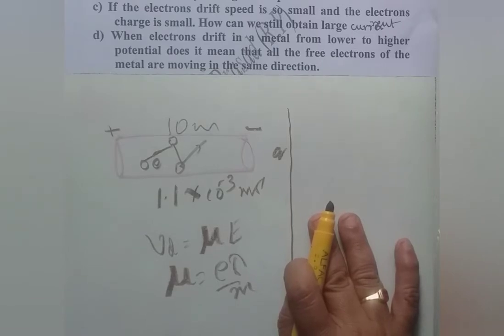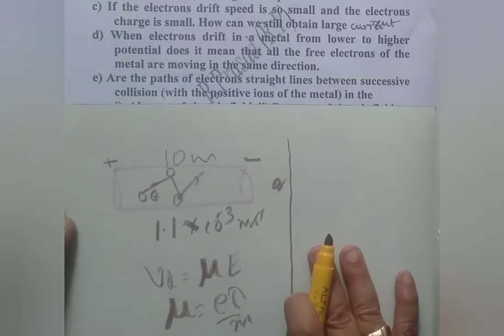That's why once we apply the electric field, not all electrons will move in the same direction. They continue in their random motion. Apart from that random motion, one-sided directional motion is also superimposed on the electron. That is why once we apply the electric field, electron motion will not be in the same direction. They continue to be in random motion. Apart from that, a one-directional motion is also superimposed.